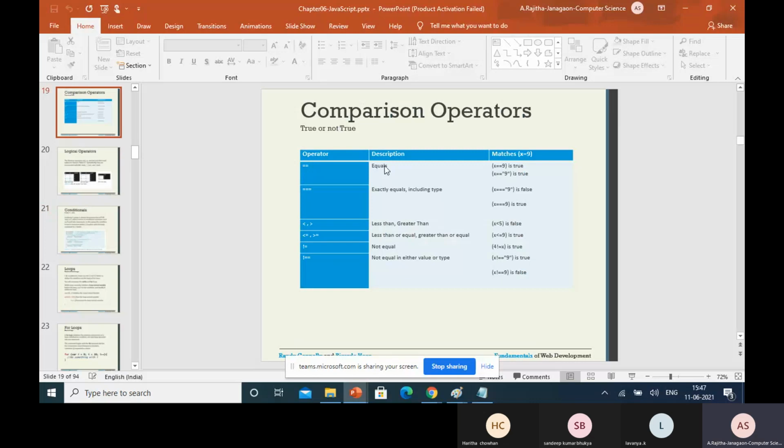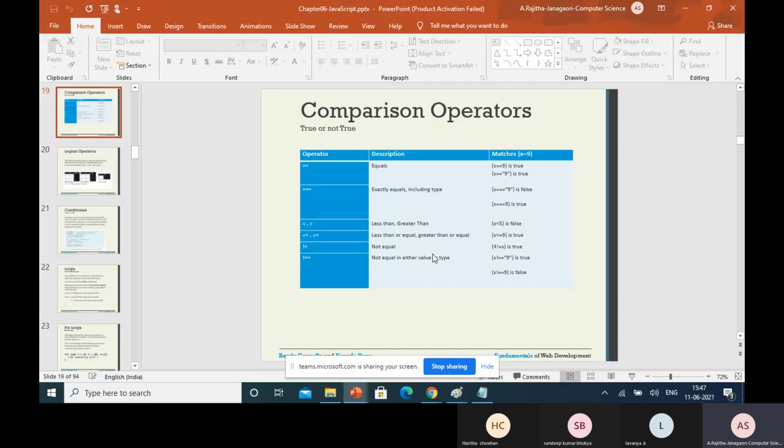Here x is exactly equal, that means it depends on which data type x is. Then less than, greater than, less than or equal to, and greater than or equal to. Then this is the not equal, and this is the new one, not equal in either value or type.